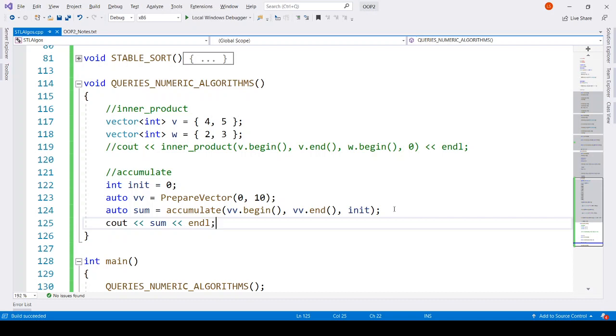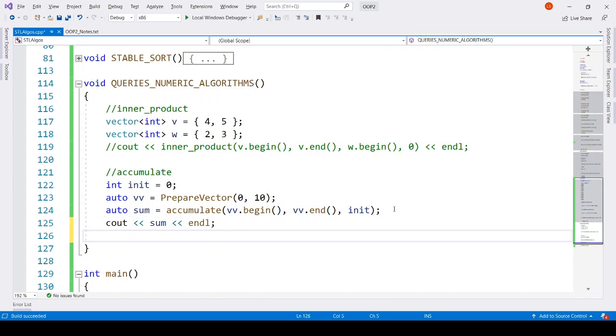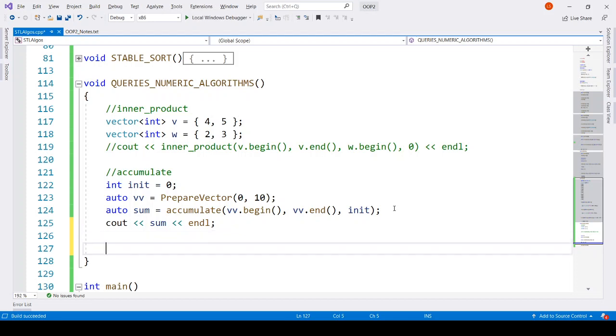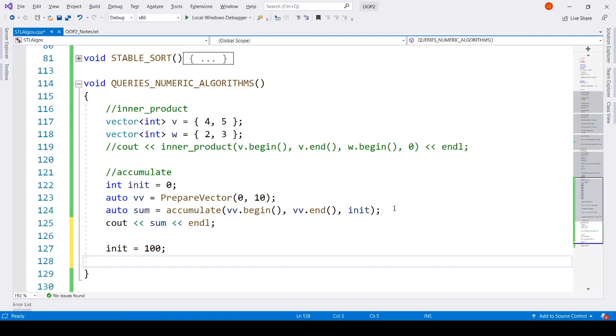Now it's not that accumulate takes only the sum. It is actually the default functor that is taken. Sum is the default operation that it does. If, let's say, we want to calculate the difference, let's say we want to set init to 500, and we want to find the difference between the init value and the sum.